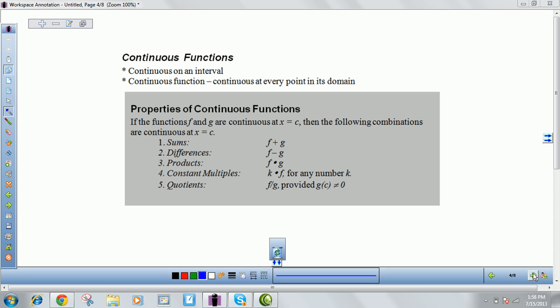Okay, so here we are to finish up the notes for continuity, and we're starting with continuous functions, this definition in your notes. So first of all, continuous functions can be defined two different ways. Way number one is on what's called a closed interval. So if it's on a closed interval, that means it's on an interval from some value A to some value